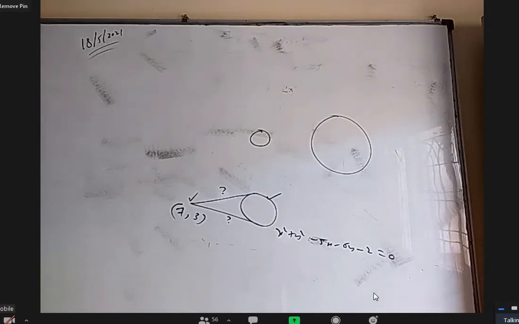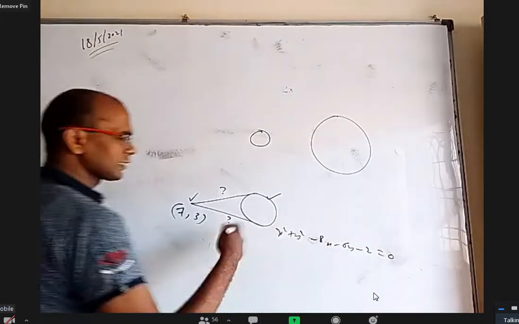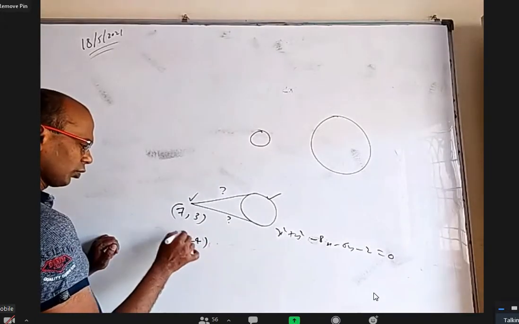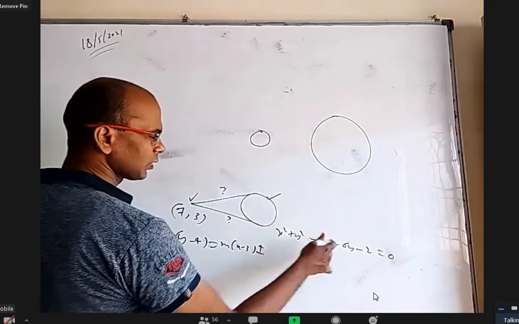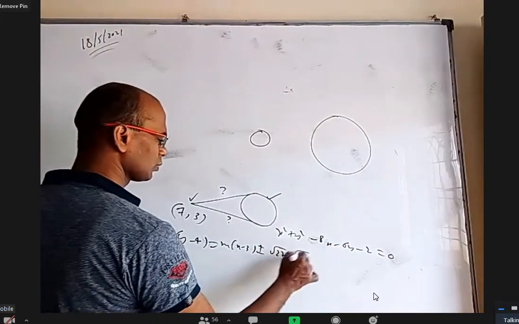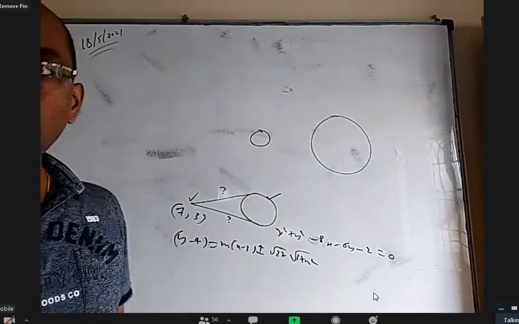Okay, one way, let us say, for example, the center here is (2, 4). The general tangent to this circle is y minus 4 equal to m into x minus 2 plus or minus, what is the radius, root 27, into root over 1 plus m square. This is always a tangent to the circle, but we don't know m.